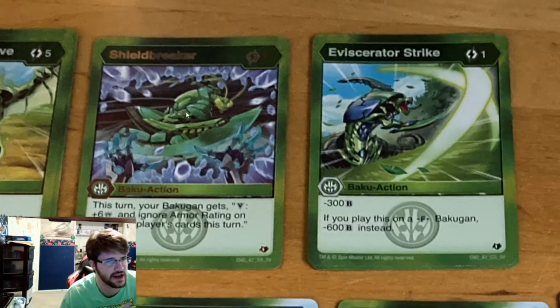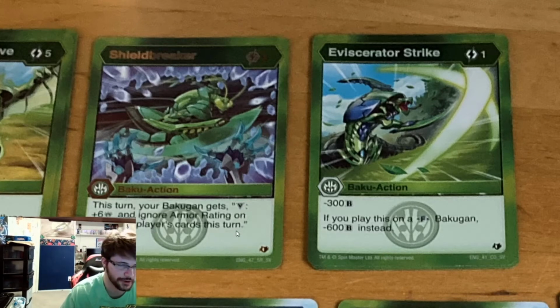Nothing too crazy there. But this is one I want to call special attention to. Shieldbreaker, and it looks like a 1-cost. Can't be too sure there. And it says this turn, your Bakugan gets Victor +6 and ignore armor rating on opposing players' cards this turn. So I really like this ability. This is the first Victor effect that I actually feel has potential, besides the Barbetra one that I went over a few videos ago, but that was missed potential. This might be insane potential